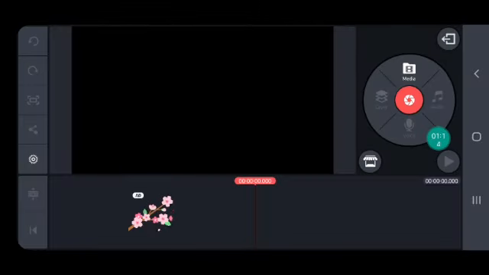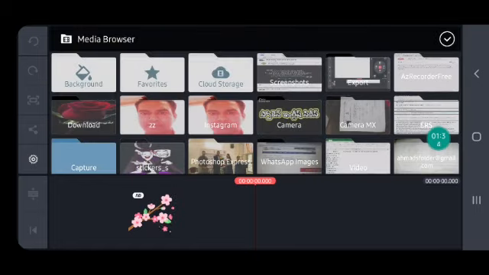Once I selected this, now I have been taken to this particular area. This is the work area, and here on the right side we have a console, we have a set of buttons. Media is appearing. If I tap on the media, all the things that I have already saved in my device will be appearing here.